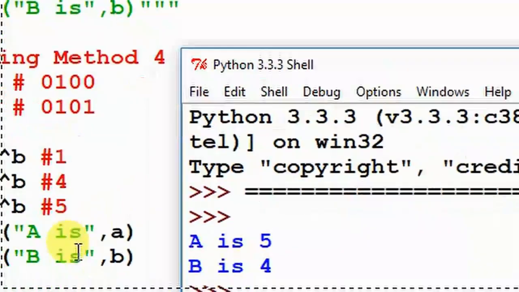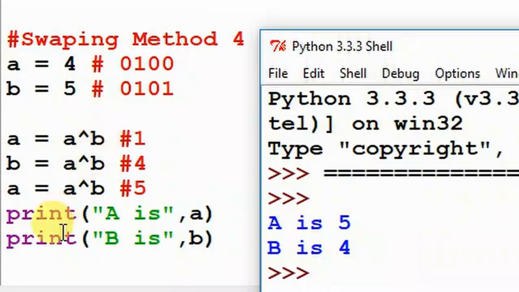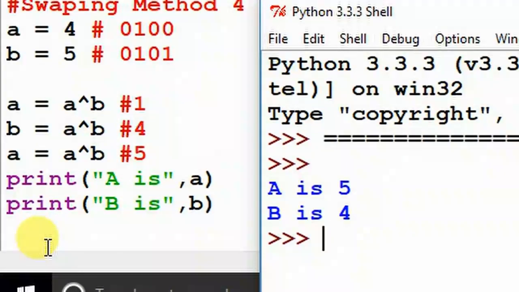So swapping is complete. This is the final method. See, a was 4 but now a is 5, and b was 5 and now b is 4 in this place. This method uses XOR logic in the coding.